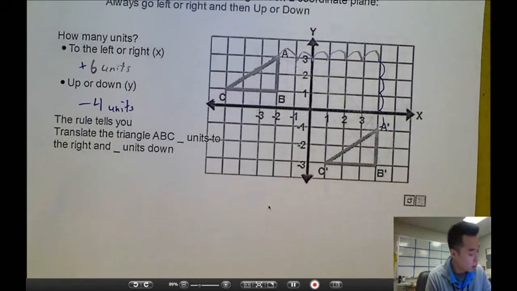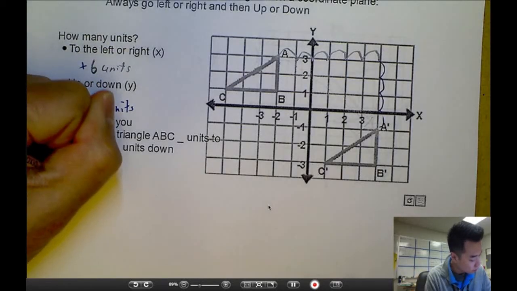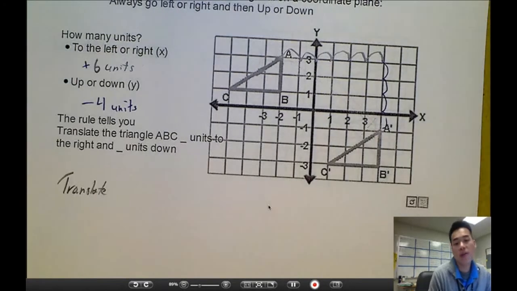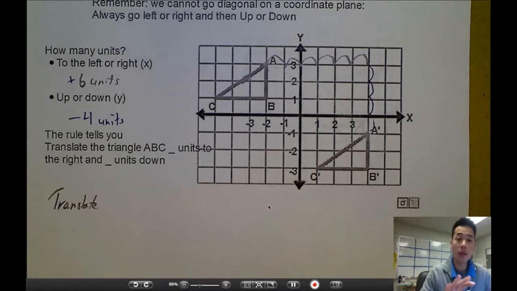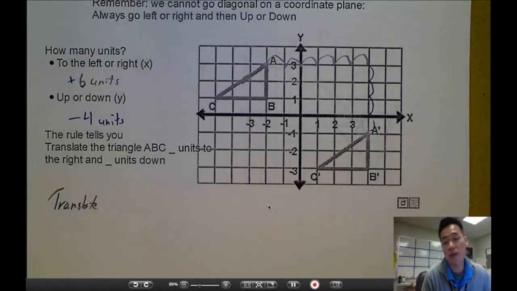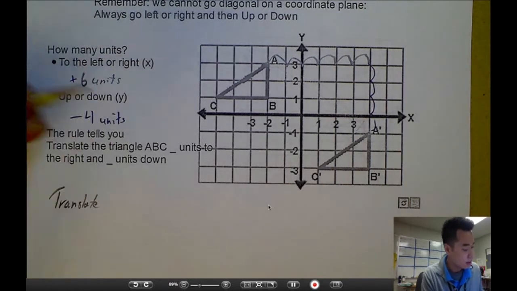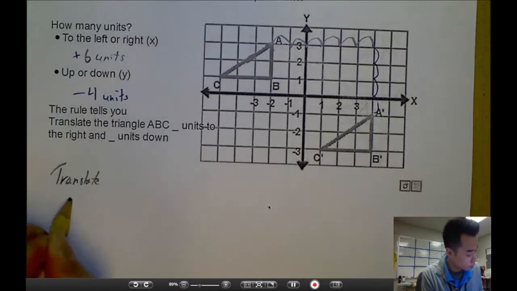This is the biggie. You have to use the word translate when you're describing a shift of a shape on a coordinate plane. Translate really means shifting of shape from here to here, or from this quadrant to this quadrant. Or slide. A lot of teachers call it shift, a lot of teachers call it slide. You can use either or. I just use the word translate. Okay, so I would say translate to describe it,